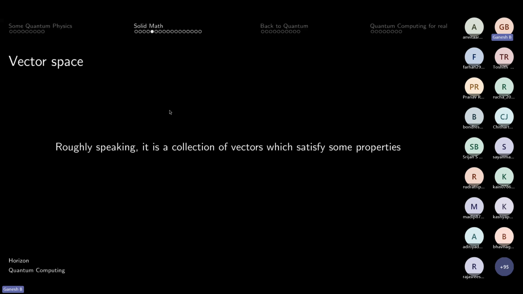Some of these properties are that you always have to include the zero vector in your vector space, your collection of vectors, and you impose a condition that the vectors are associative. You say that the addition is commutative, and stuff like that. When you do that, you get some nice results out of it. When you just collect a bunch of vectors, anything can happen, so we don't want that. We restrict ourselves to certain properties so that we can get some useful results out of them.